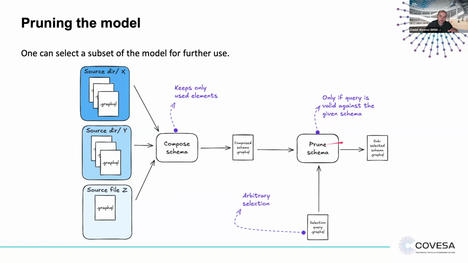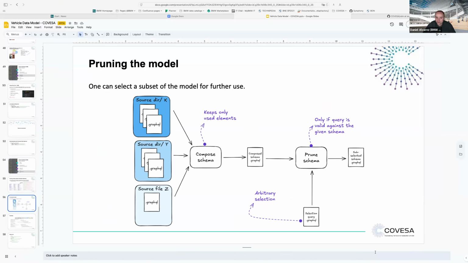Then once this is composed, you post a query, you sub-select what you want, and then you create a prompt version of the schema. And with this sub-selection, you basically trigger the tools and you create the export you want. I can show you